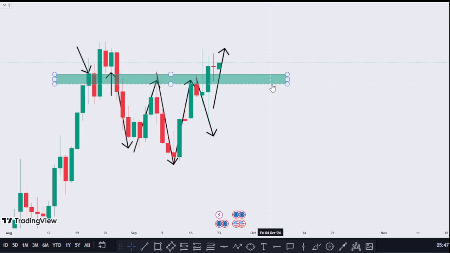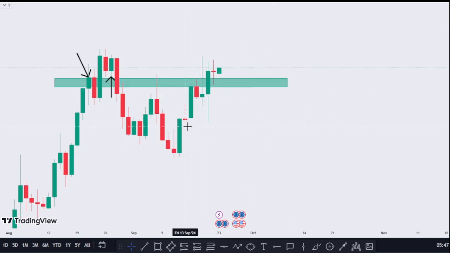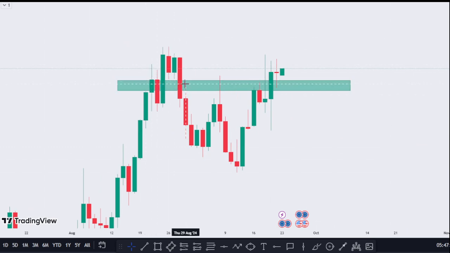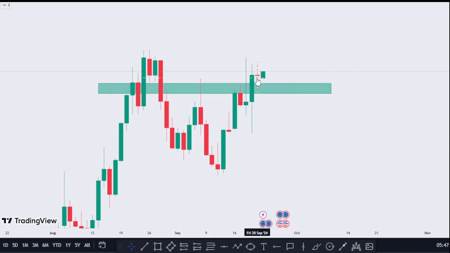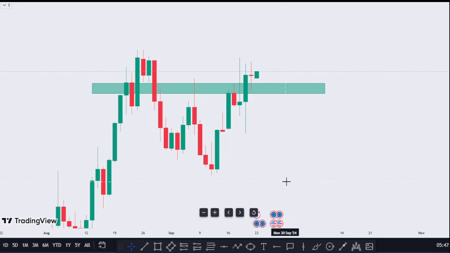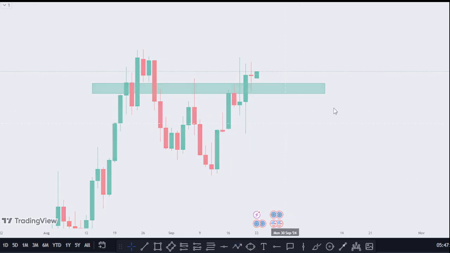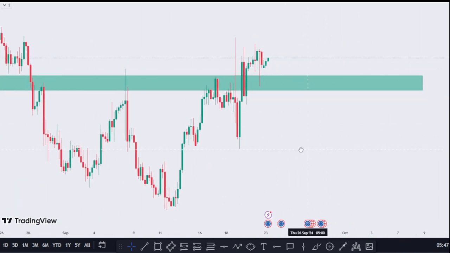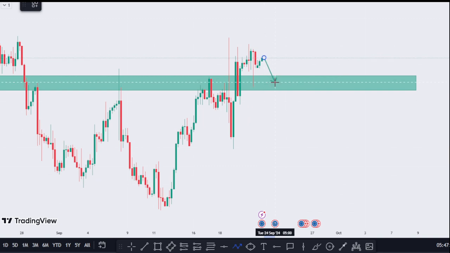Now, as you can see on the screen with me right now, price action reacted here 1, 2, 3, 4, then 5, more than 3 times. That makes this particular zone a valid zone for us to take a buy opportunity in the market. So what we are expecting now is to scale down to the lower time frame and watch out for price action to retrace back to this zone here so that we can take a buy